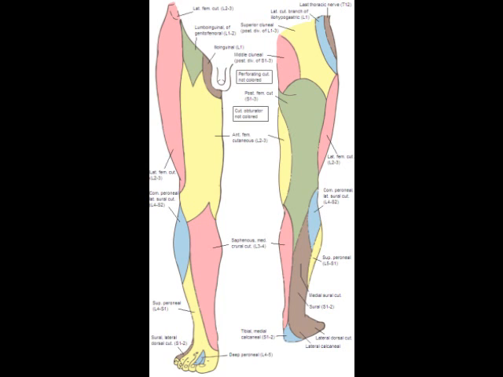Starting from the top left in the pink there, you'll see it's called the lateral femoral cutaneous nerve. Lateral meaning side, femoral meaning your thigh, cutaneous meaning more of your skin. So it's the lateral femoral cutaneous nerve, all the way down from the top of your hip there down to